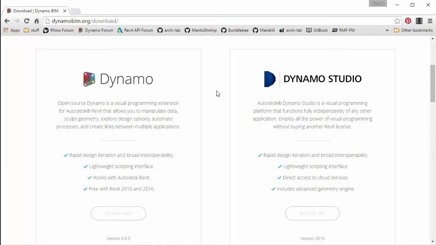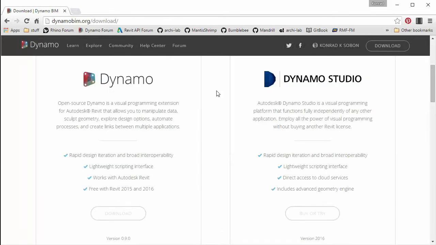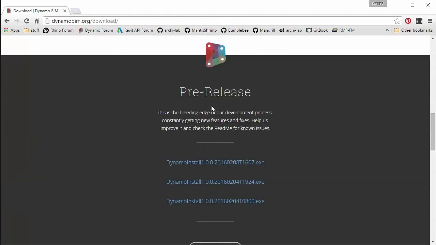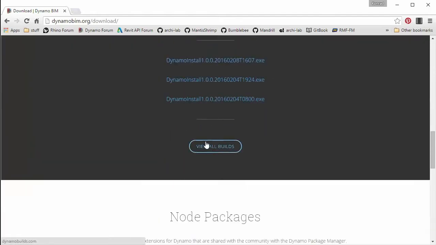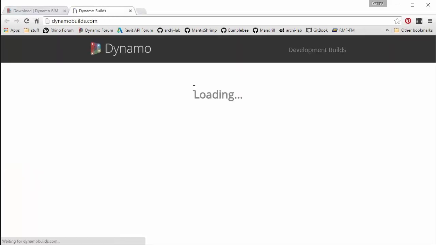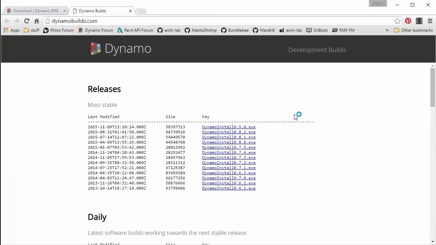Just like I mentioned already, Dynamo is a beta software and is being rapidly developed. What that means is that Dynamo is constantly changing. So probably what you have installed with your Revit is going to be a different version than I'm going to be using in this tutorial series. So what we actually need to do is scroll down a little bit on this page and hit this button, View All Builds, and this will pull up another page. What I'm actually going to be using is the latest stable, so it's this first link on top, and that version is 0.9.0. So I want everyone to download this.